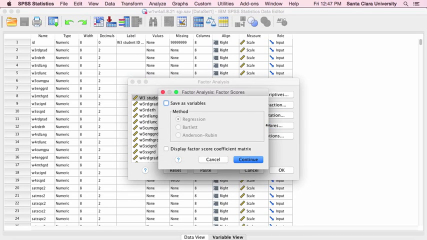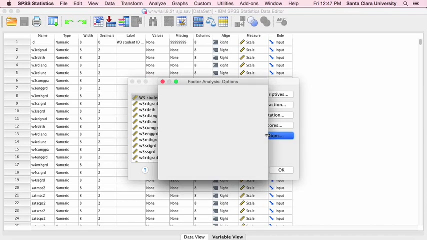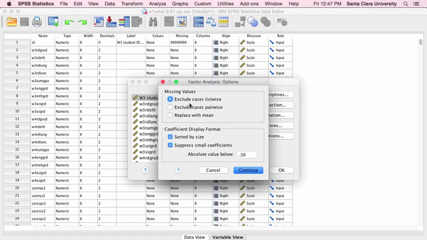And then there's another option about how to save your factors if you want to. But in options, you can decide how to treat missing values. I'm excluding cases listwise, so